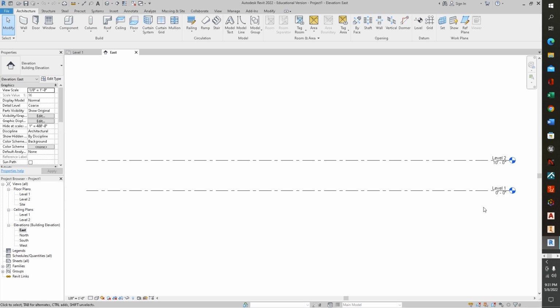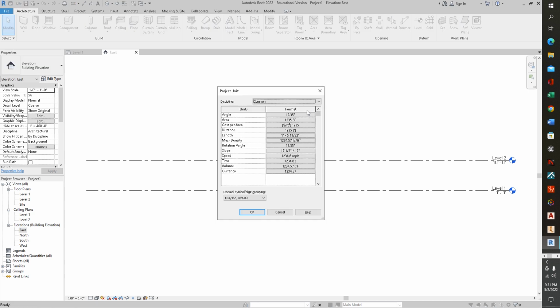Anyways, in this particular case, our units are set at feet. You could set the units by pressing UN. You could set them to being metric or imperial from this point, and now's the time to do it if you'd like to do it. You could switch them at a later point, but if you're trying to make this a metric project, I understand that we did open an imperial template, but if you'd like to have the imperial template but then switch it over to metric